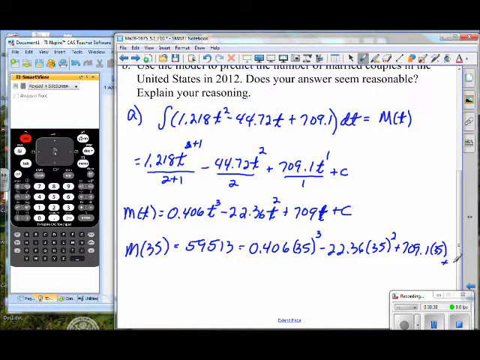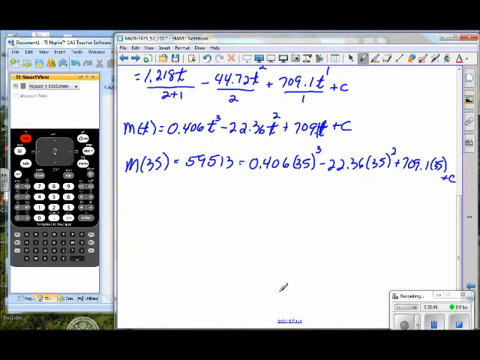And we'll squeeze in the plus c. What we're actually trying to do here is to look for a value of c. Now, there's all kinds of ways you can use your calculator, and I trust that you're able to do that. And we'll just say c is equal to